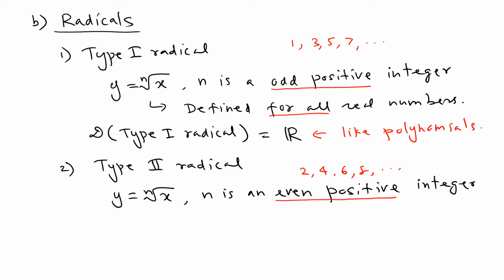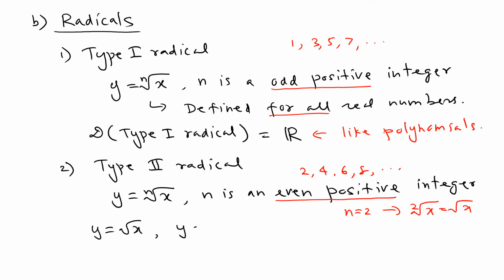But here you have to be careful. Think of the square root. n equal to 2 means the square root. We don't write the 2. When it's a square root function, it's only defined for 0 or positive values. So the domain is restricted now. You can't plug in a negative value. So we can say y equals square root of x,